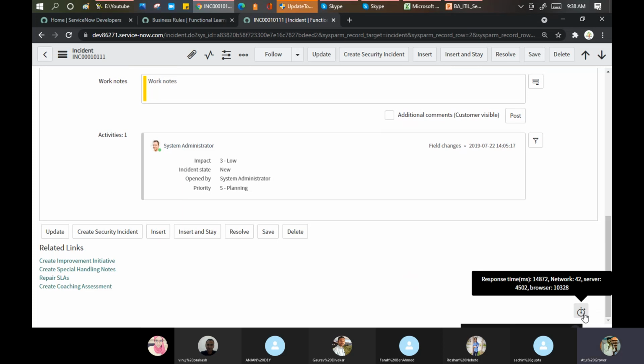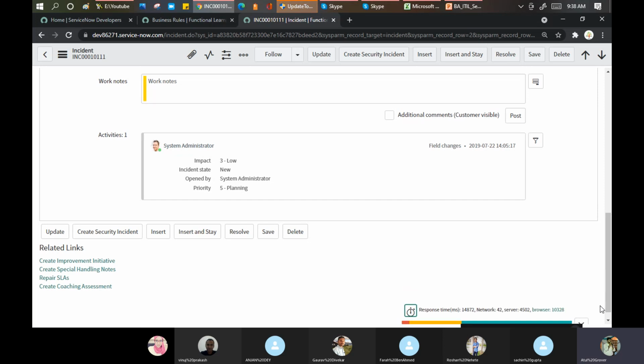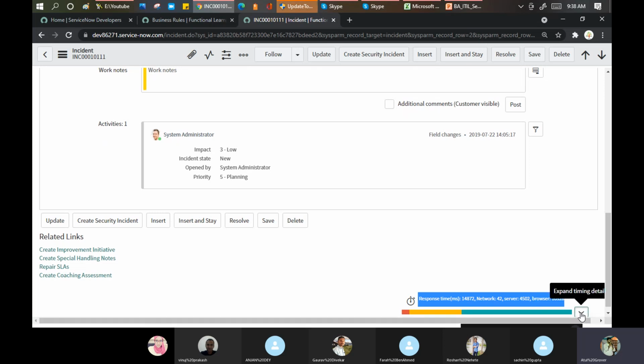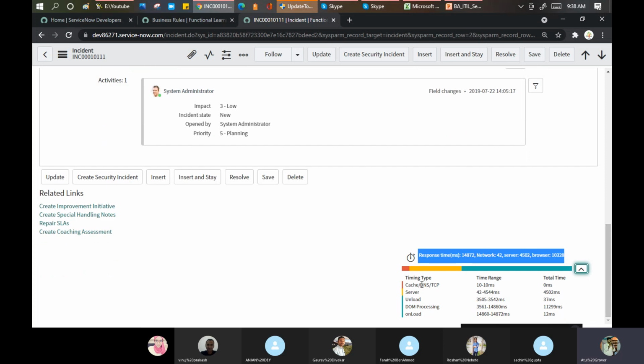This is a response timer for us. If you click on this and scroll down, it shows the time taken in milliseconds: network, server, and browser time. If I open this and scroll more, here you can see all the complete timings. I think I disabled one property.